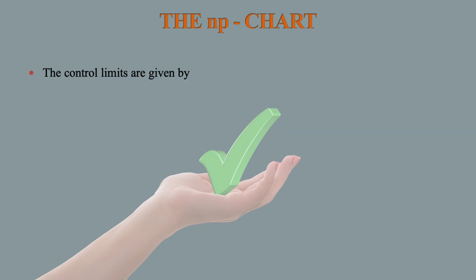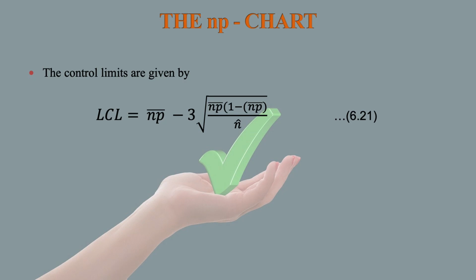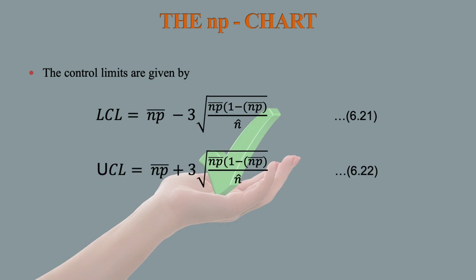The control limits are given by lower control limit equal to NP bar minus 3 under root NP bar within bracket 1 minus NP bar whole divided by N, and upper control limit is equal to NP bar plus 3 under root NP bar multiplied by 1 minus NP bar divided by N,